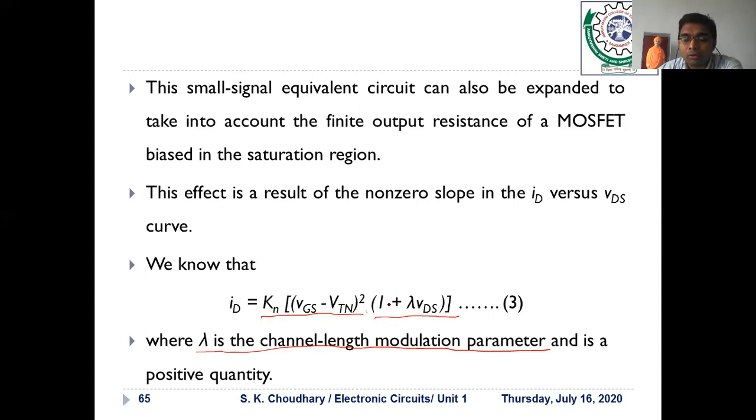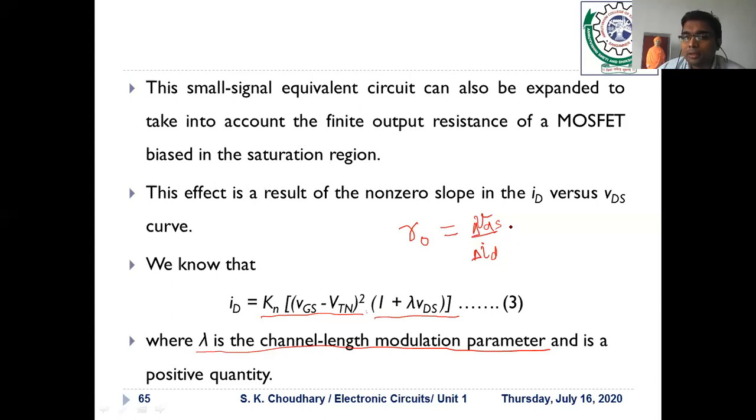And because of this, we have to see the formula for the output resistance. So what could the formula be for output resistance? Anyone has any idea? The formula of R0 should be what? As per Ohm's law, obviously, it would be voltage upon current, V upon I for R. But in this case, R0 is the output resistance, so it would be VDS upon ID, output voltage upon output current, delta VDS upon delta ID.